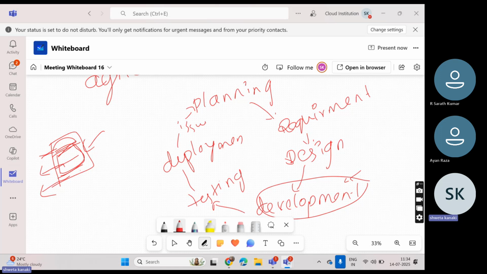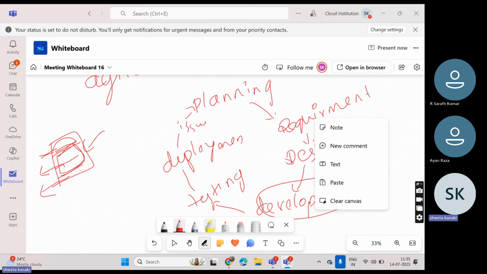In the waterfall, once all the development is done, they will go for the testing. Once the development is done, we can make it again. So here if I want to change something as a client, I can change it. Planning is there and requirement is there, so they will again do it in a circular manner.